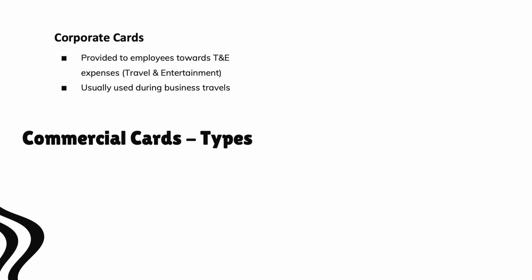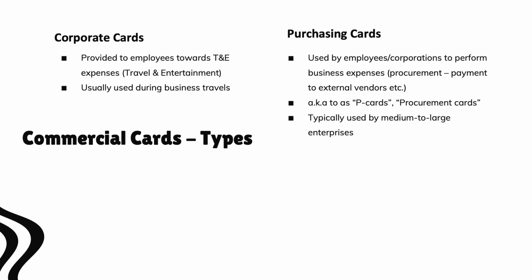Prior to the issuance of corporate cards, the employees either had to use their personal credit cards and submit bills for reimbursement, etc. So these processes are cumbersome for both employees and also companies to manage them. Second type of commercial cards are purchasing cards. This is one of the most important types of commercial card. These are typically used by the company's procurement or accounts department who use it to make payment to external vendors. That is why these cards are also called P cards, that is procurement cards.